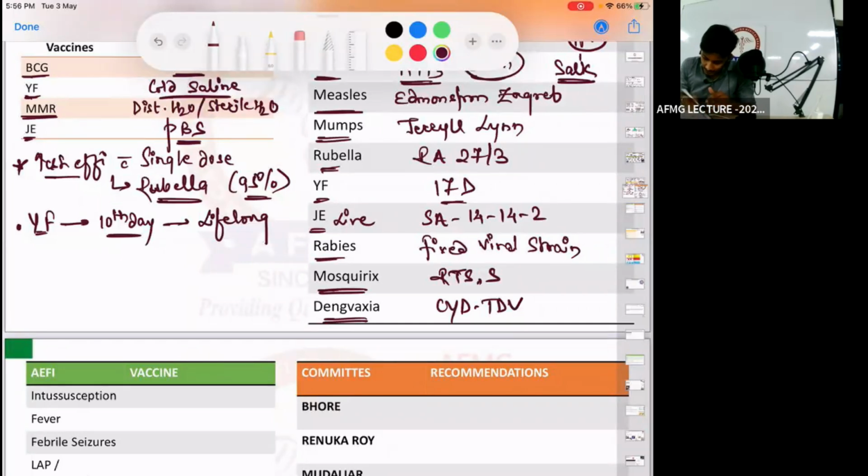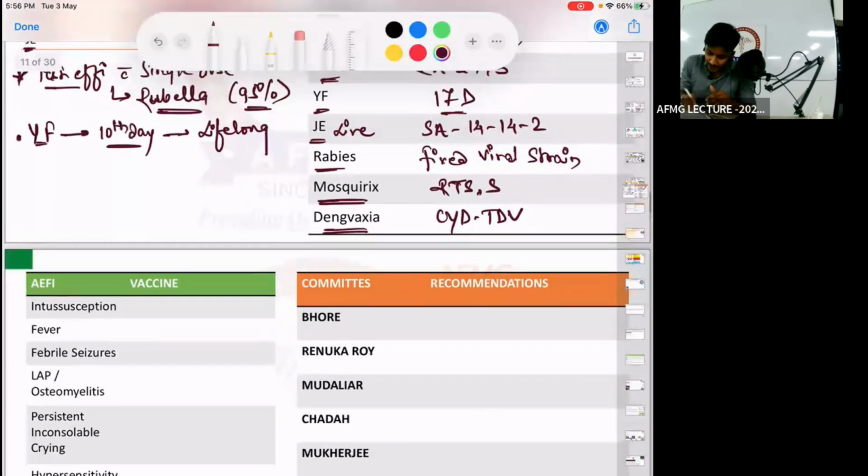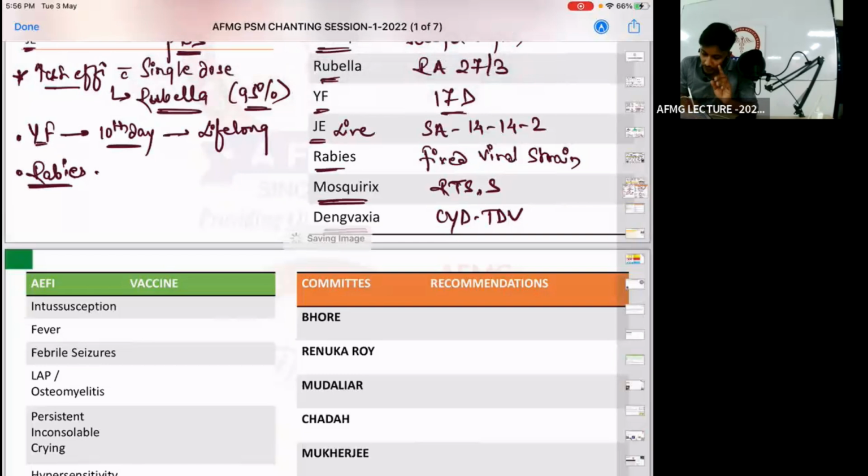Now talking about rabies. यहाँ पे जगह है क्या? तो जल्दी से एक ब्रेक दे देता हूँ, इसके बाद पहले वैक्सीन खत्म करते हैं. ठीक है, रेबीज जल्दी से. For rabies